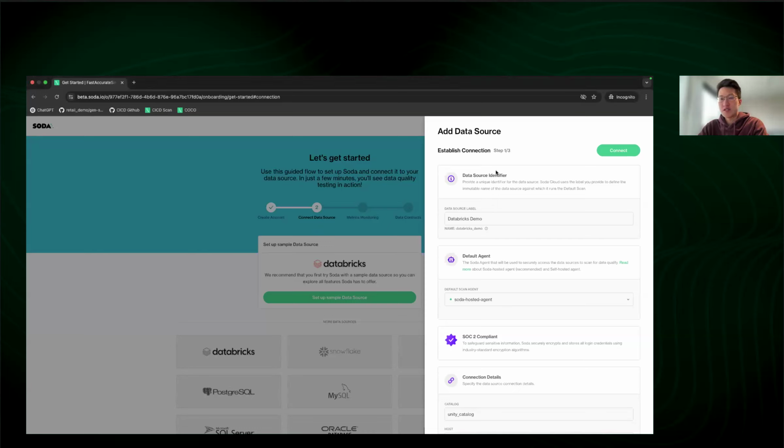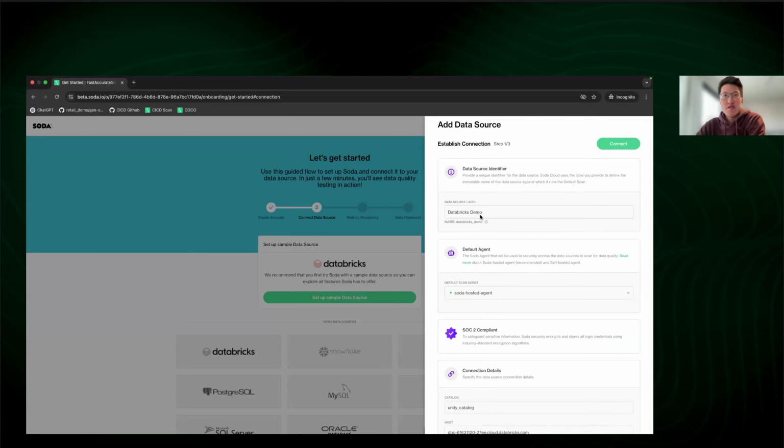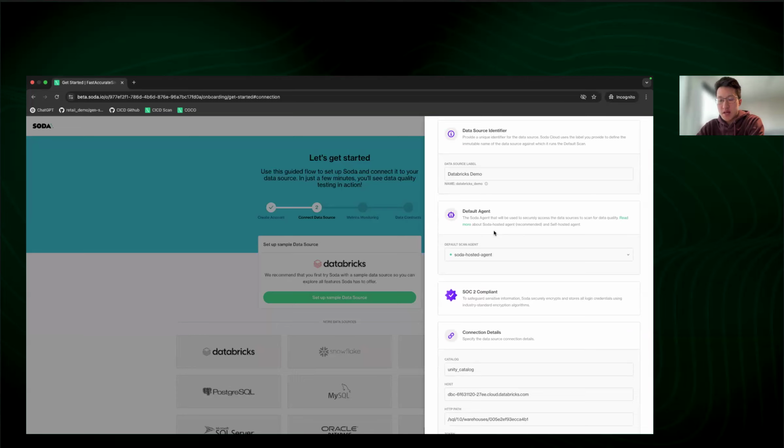So as mentioned, the first thing you would have to do, even though it's minimal configuration, there's still some connection needed. You can see that Soda has already pre-filled these values in for you, where we gave the name of the data source. For metric monitors and this data observability feature, you would require a connection to your data using a Soda agent. This Soda agent can be deployed on your own Kubernetes infrastructure, and it's responsible for executing checks as well as monitoring of metrics on a regular and automatic basis against your SQL-based